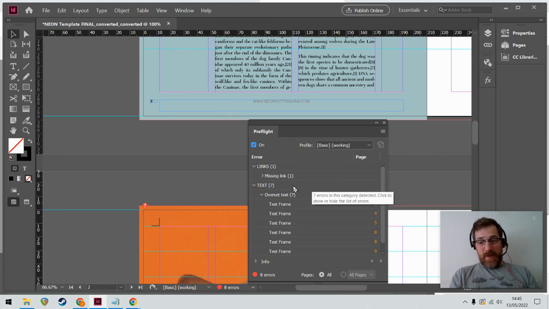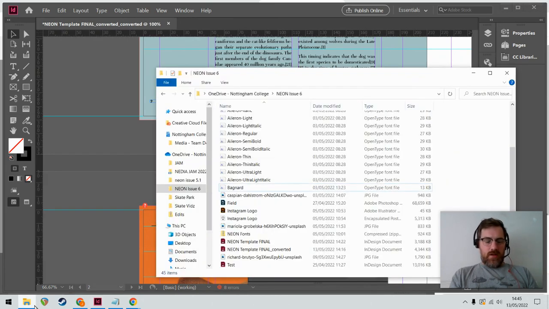Now that is bad. What that means is that InDesign cannot find the picture it's looking for because I just deleted it, right? So how do you fix that? Well, you